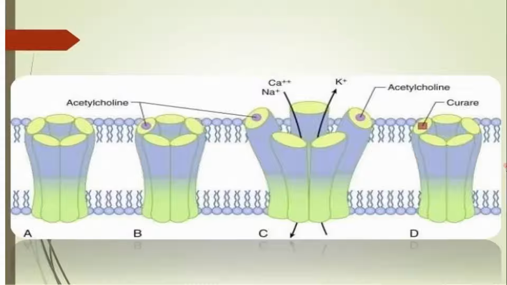One is depolarizing muscle relaxant. Another is non-depolarizing muscle relaxant. You are giving anesthesia to a subject. Say a person is going to have a gallbladder surgery. So you need to give general anesthesia. For that, you will be taking away the ventilation of the patient. The patient will not be able to take respiration on his or her own. So what you need to do? You need to put one endotracheal tube inside the patient.